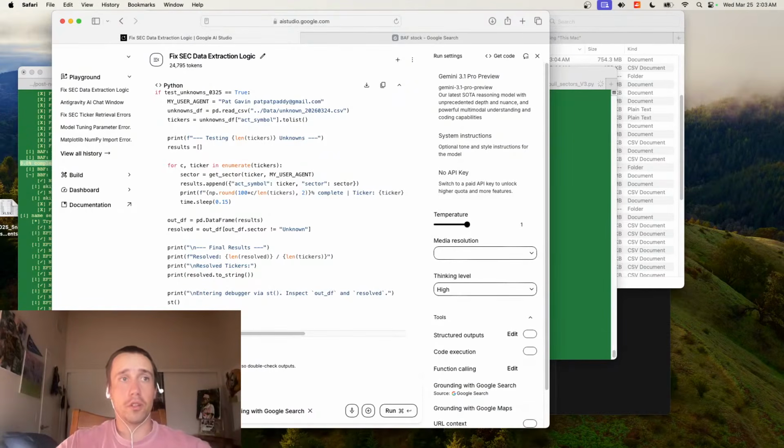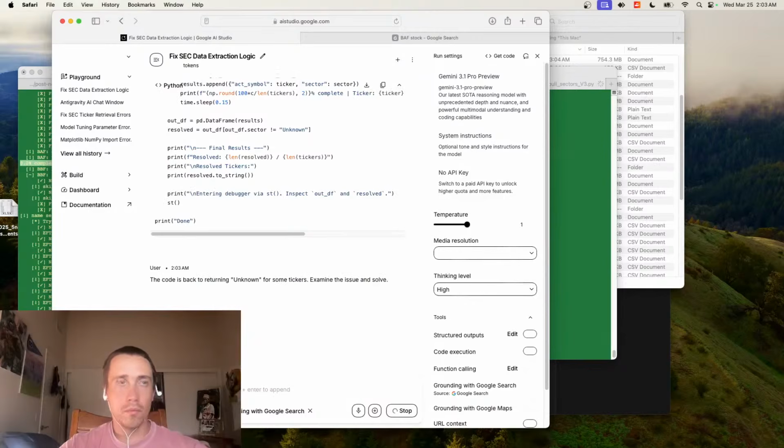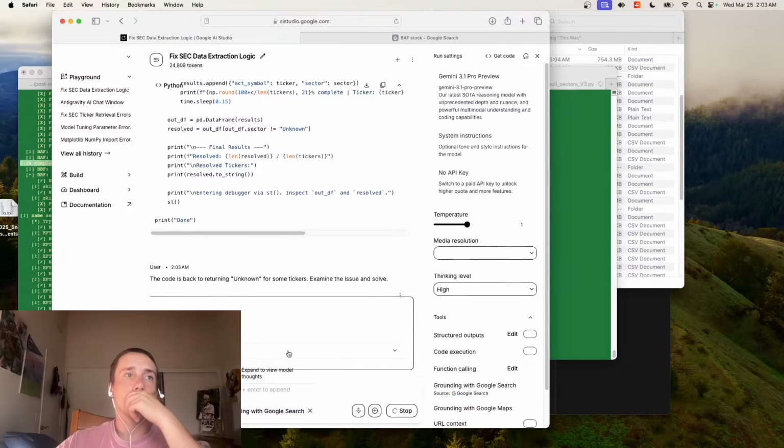They feel like it's too much of a learning curve. Now, I'm not going to go through and check for all 8,000 tickers manually. Maybe I could give that to the AI, though.